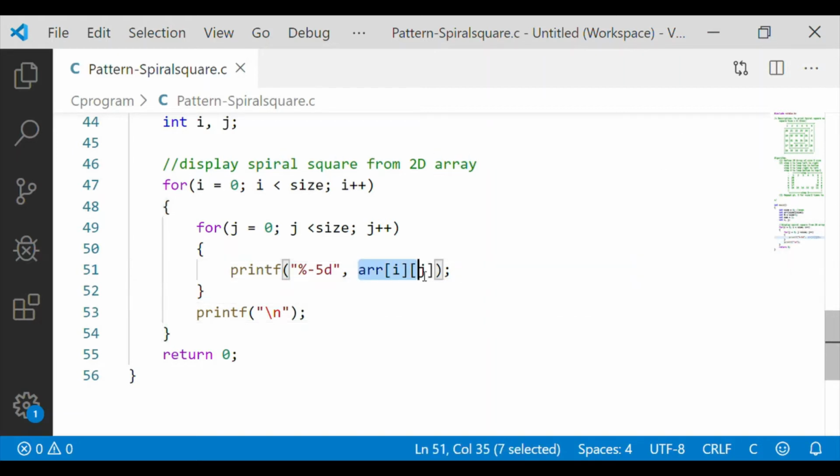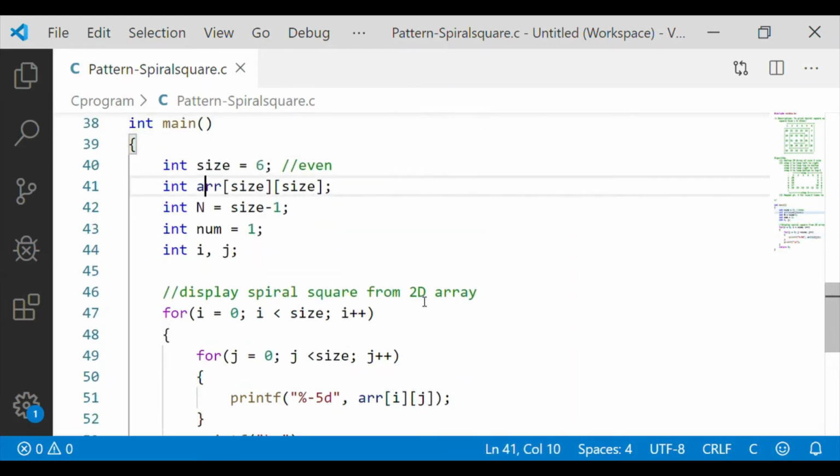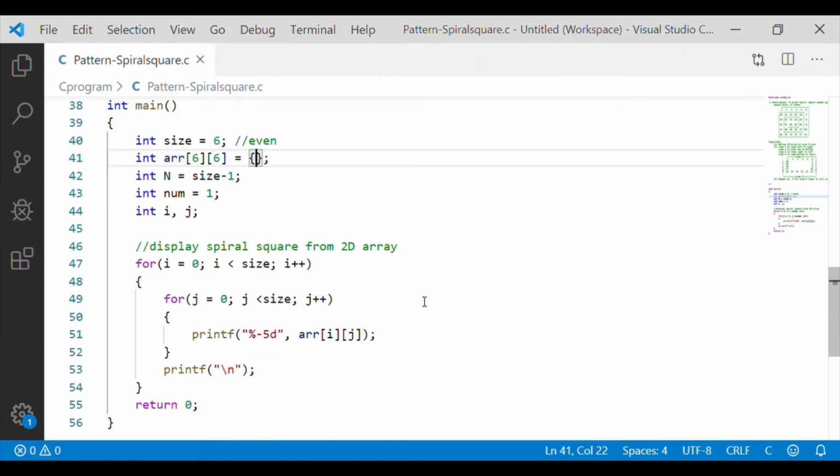We have not yet stored any values which are incrementing inside the array, but at this junction we will verify if our display code for the 2D array is working okay. As there is no value stored, let me initialize the array with value 0 for all 36 elements.